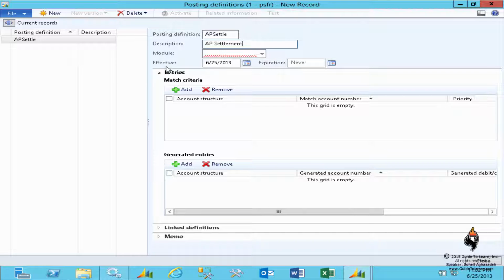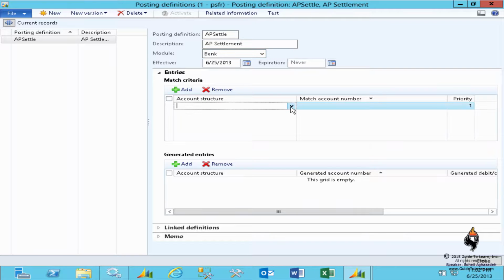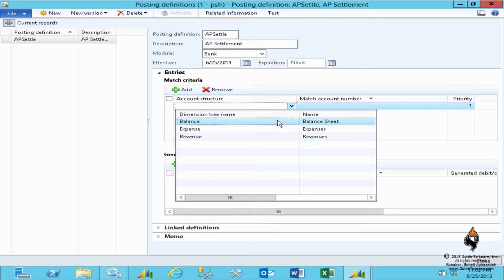Guess what? The first required option that I need to have is linking this to a module. So that means this posting definition belongs, let's say, to the bank. Obviously, I'm settling my invoices and dues off of a bank. I have to deduct money from the bank and pay the vendor. I link it to a bank. Then I add a criteria. And as you see, based on those account structures that I've added to my legal entity, they are appearing here. So